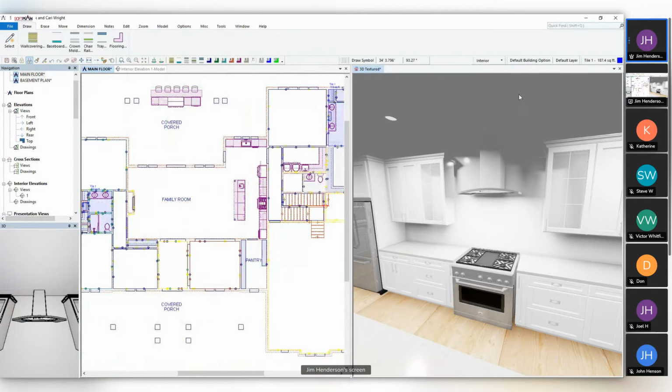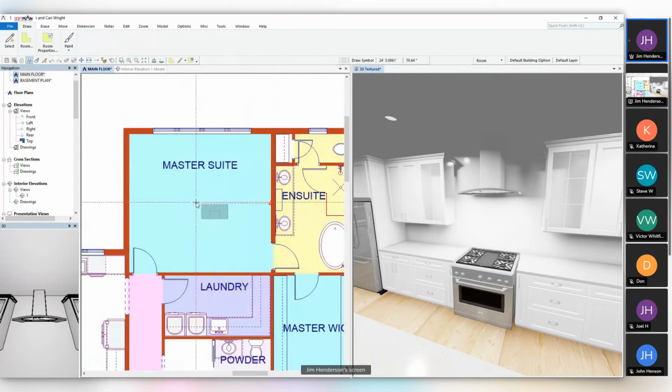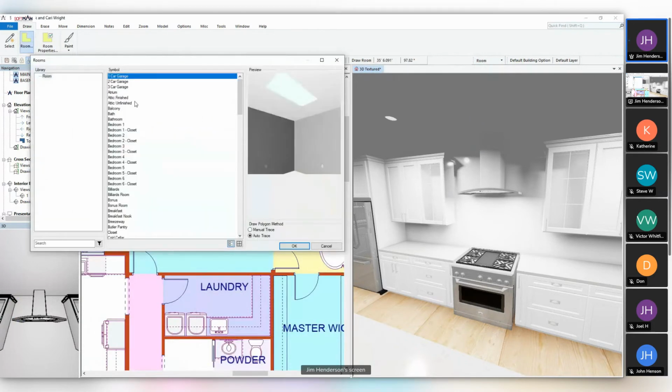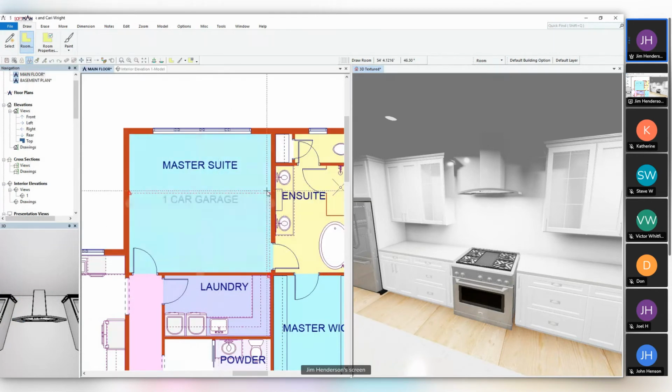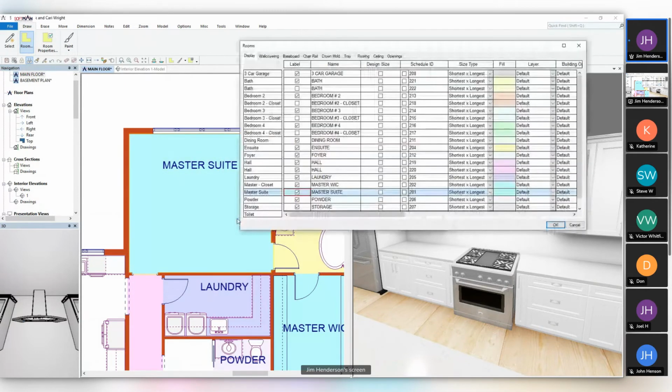Now, when you're drawing in room mode, let me change into room mode first. When you're drawing inside room mode, you basically pick on draw room, right? You can pick the room itself, and then when you click, it shades it in. And that symbol, if you were to edit that symbol, in this case the master suite that I've got here,